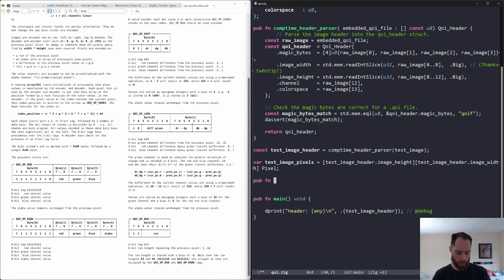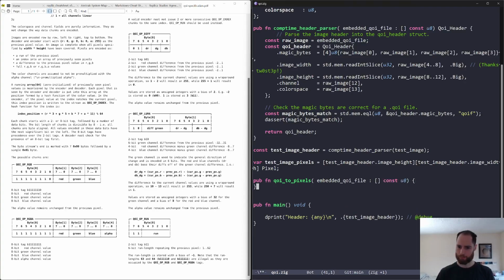So why don't we call this QOI to pixels, and then we should accept, similarly, we just want to accept the embedded QOI file that is not a pointer to a slice, but just the slice itself. And then